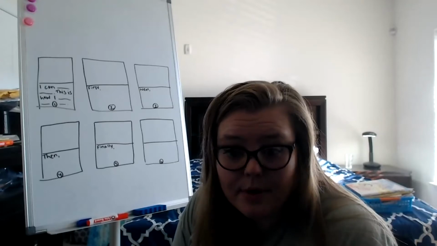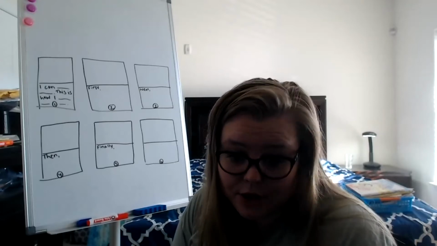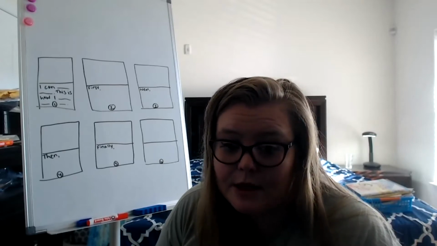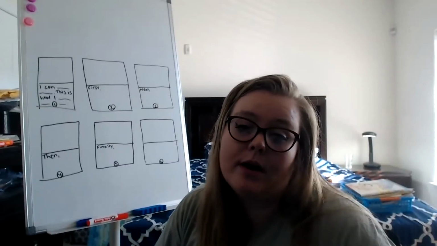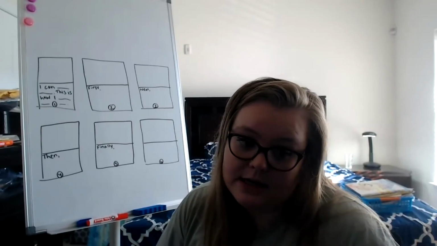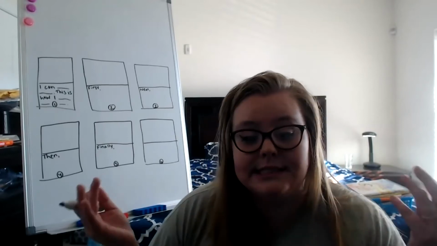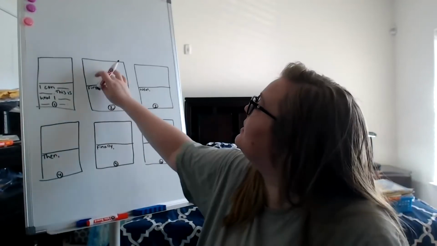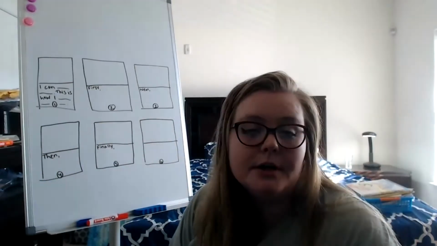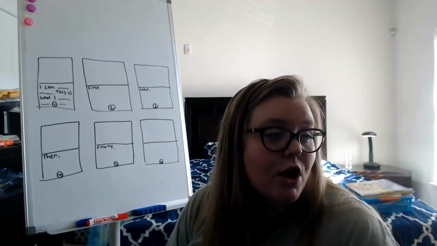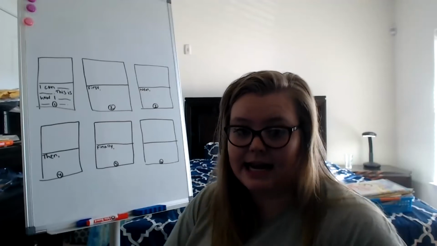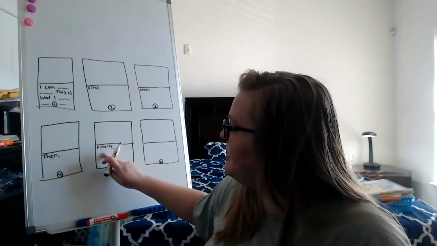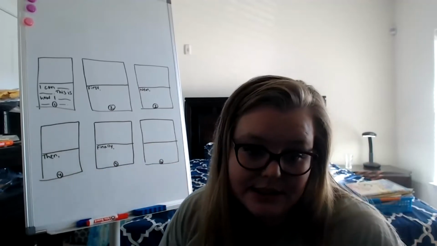So a closing would be like, I hope that my book helped you learn how to make your bed. It's kind of wrapping up the book and what your whole point of writing the book was. Or you could say, now you know how to make your bed, and draw a picture. Each of these pages should have a picture up at the top. But that would be a good way to close out the book. It's kind of a nice ending. That should be the page after your last step. So this should be the page with your last step, and then your closing goes here.